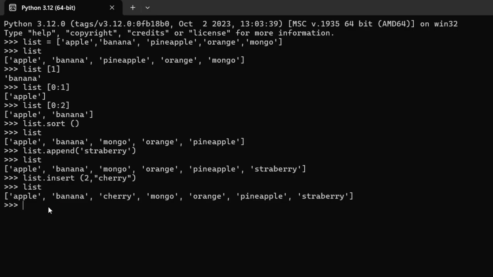For example, I want to change or edit the banana to something else. For this, we use the list, and inside the list the index. This is index 0 and this is the first index where the banana is, so rename the banana to something else. For example, here I rename the banana with